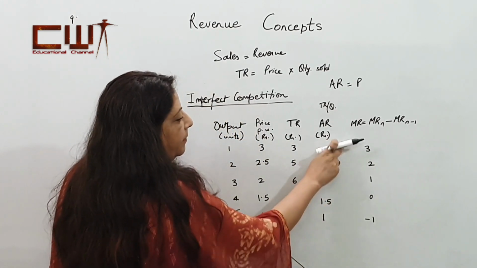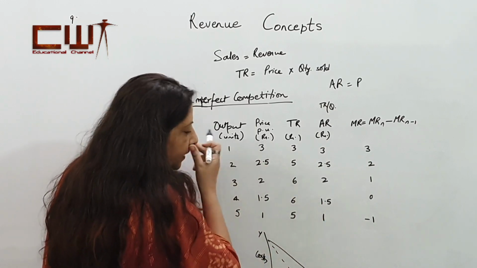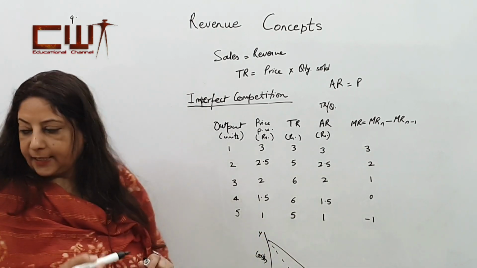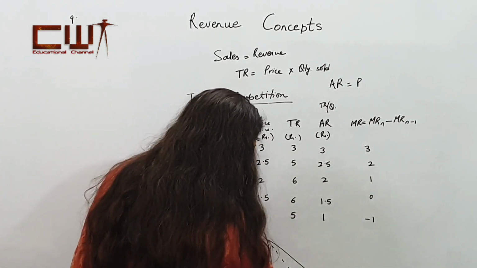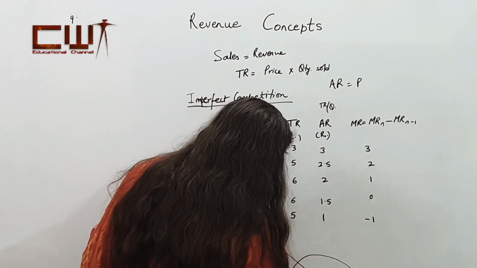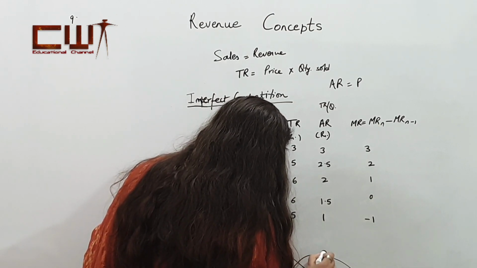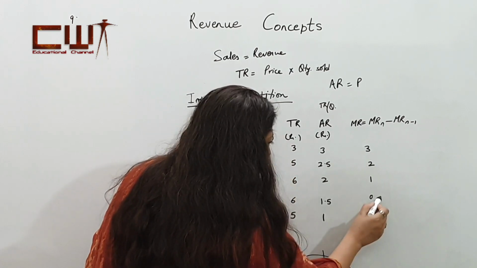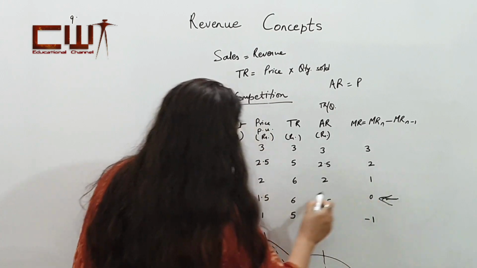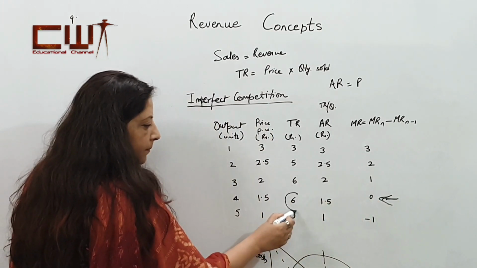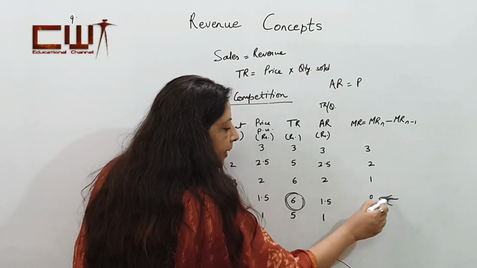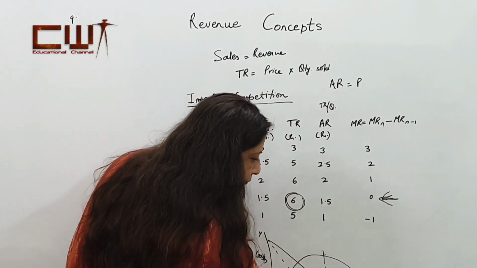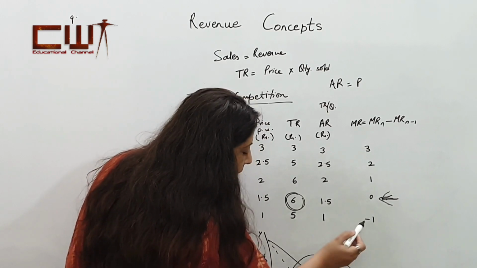AR is falling, MR is below it, and total revenue is always increasing. The total revenue curve comes like this, and at this point where your total revenue is the maximum, that is the point where your MR is 0. Where your total revenue is the maximum at this level, at that point the marginal revenue becomes 0, and beyond this point when total starts to fall, the marginal revenue becomes